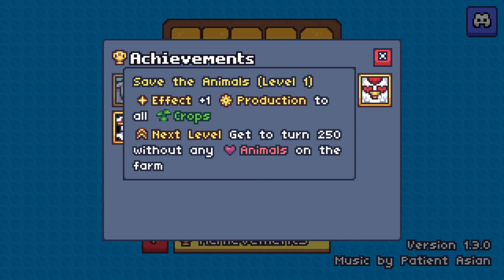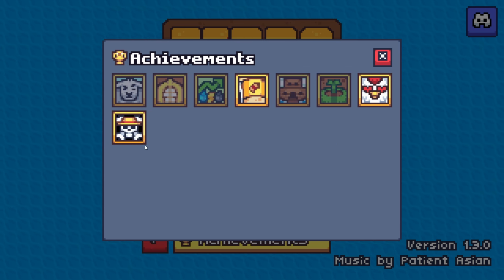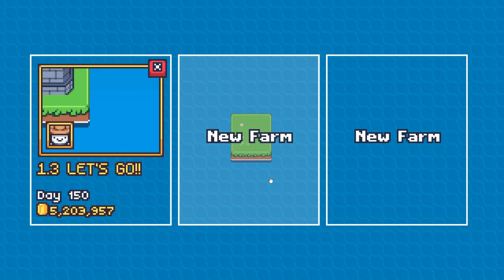+1 production to all crops. Next level, get to turn 250 without any animals on the farm. So this is just +1 production to all crops, even if you have animals. Okay, interesting. So that's very strong. And then I would assume the next level is +2 production, +3, right? Very cool. I really do like these achievements. And how about we check out...